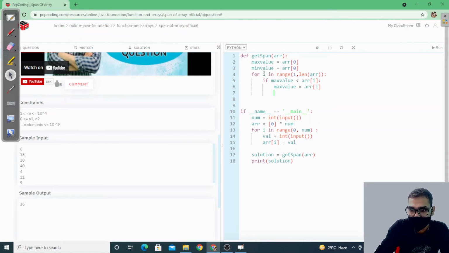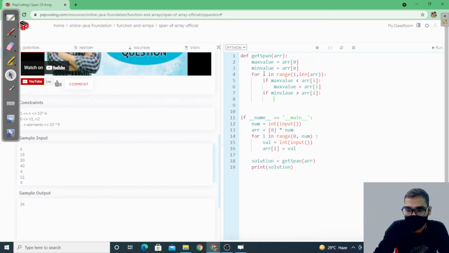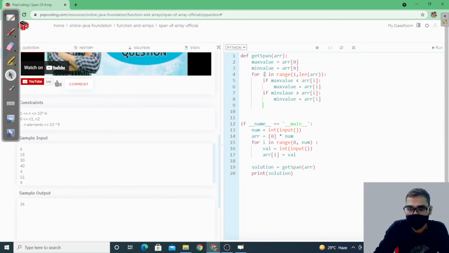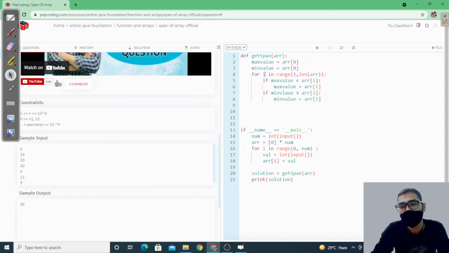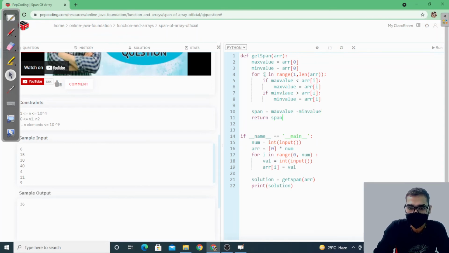And if I find any value which is smaller than my min value, then I will upgrade the min value variable. After this loop, we will get our max value and min value. So I have to find my span: max value minus min value. We need to return this span.